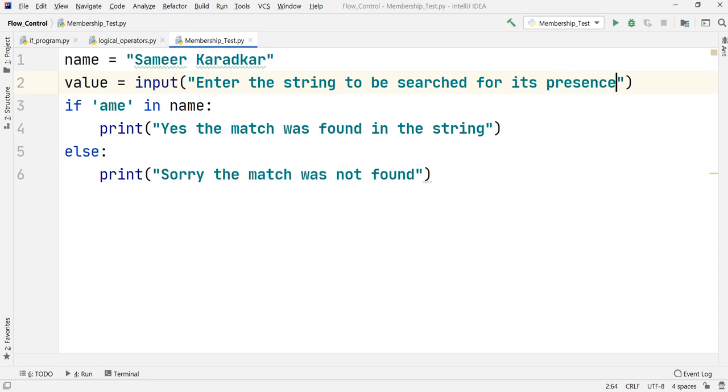It's a bit of a longer statement. What we are doing here is asking the user to enter the string that he or she wants to search within this string.